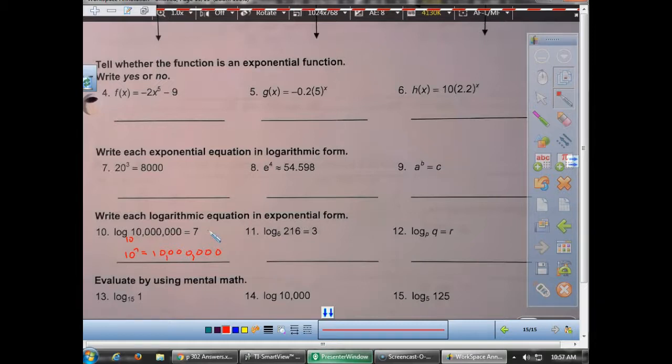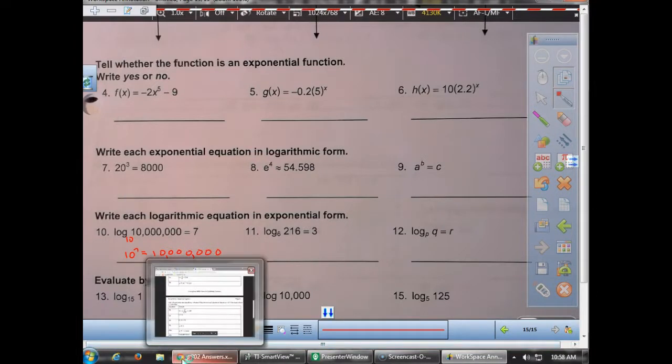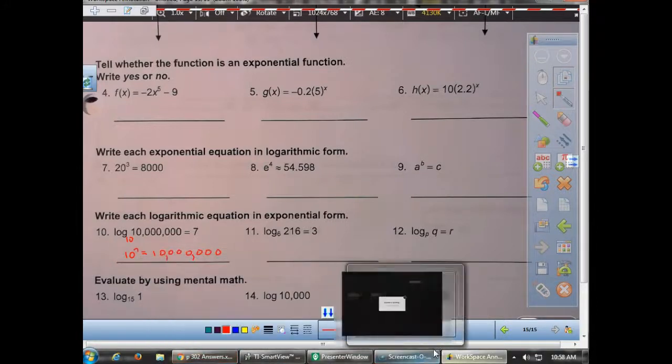Okay, so since we have today and tomorrow night and Thursday night, I would say do all that you know how to do today. Just work as hard as you can doing all the ones that you do know how to do. And then the ones you don't know how to do, we'll go over those. Okay? This is classwork and homework. So I would do as much as you can. You may listen to music at this point. That would be fine. So don't forget tomorrow we have our